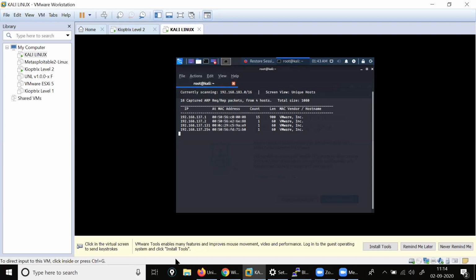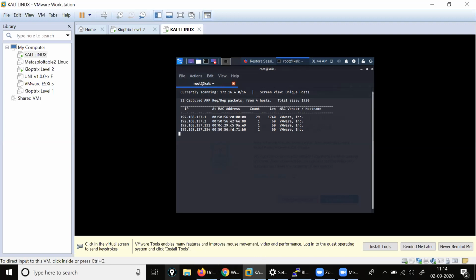Hold on a second. Let me connect my tab. So I have the IP address I'm getting.